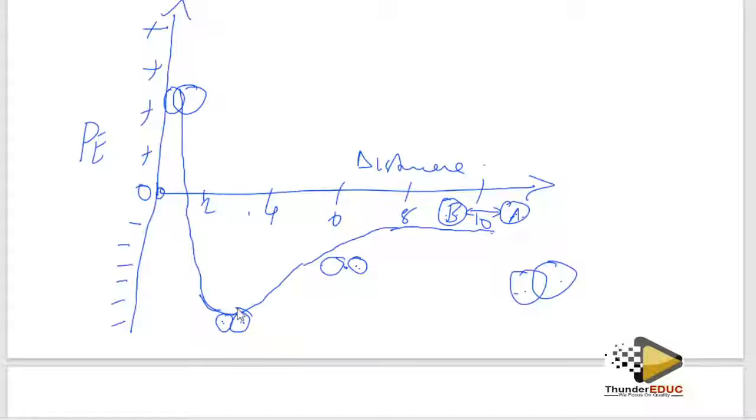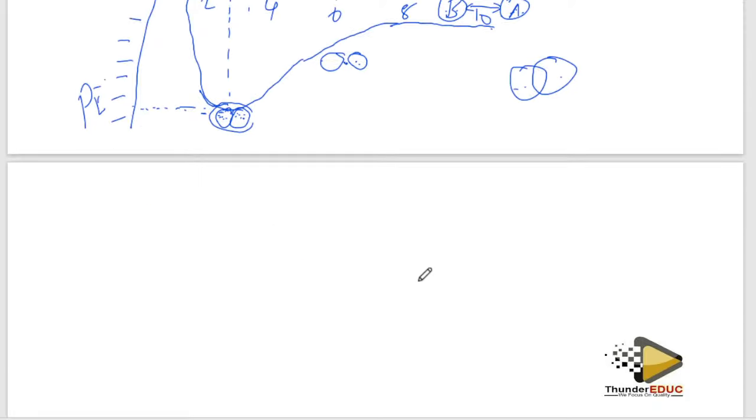So the distance between these two atoms, we say that is x. This distance from here to here is what is called the bond length, while this energy you quote here is what is called the potential energy. Don't go to the paper without knowing this, you will regret it. If you don't understand, let me know so that I clear it up. So let's go to the next point.